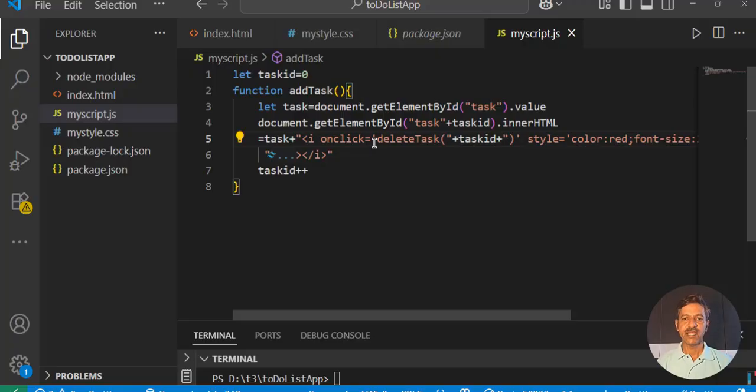Just see the syntax here. It starts with a single quote, delete task, opening bracket, double quote. So it means this is a text. You are concatenating the task ID 0. It means 0 will go into delete task when you click on the first trash icon. For the second trash icon, the task ID 1 is displayed, so it will take that. Now to delete here,